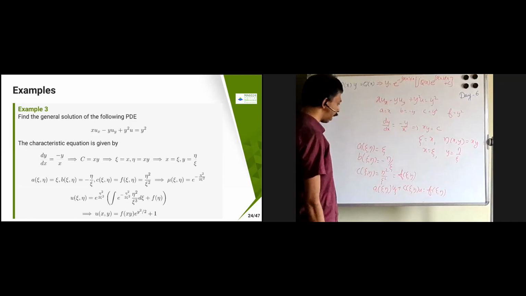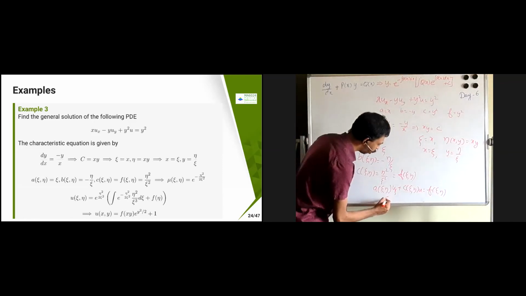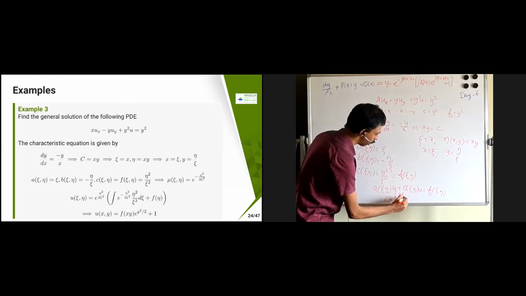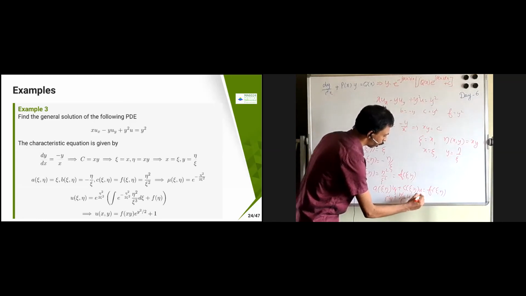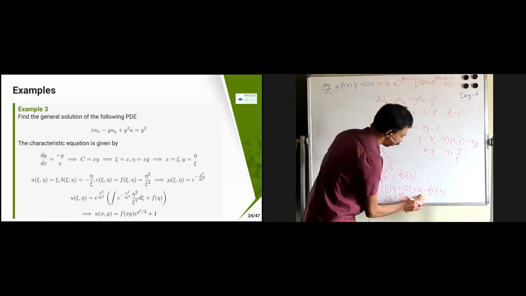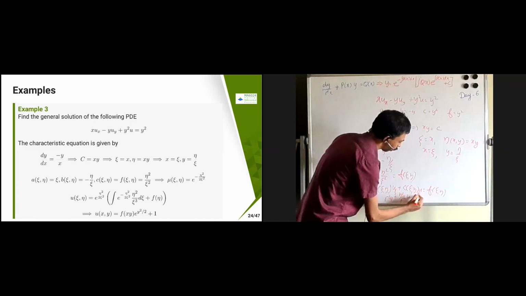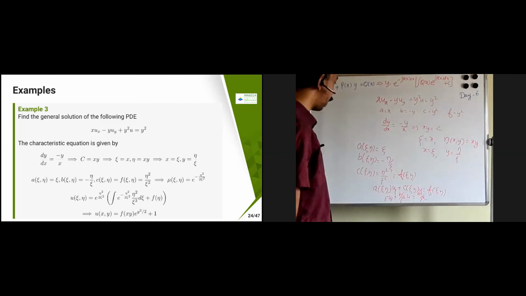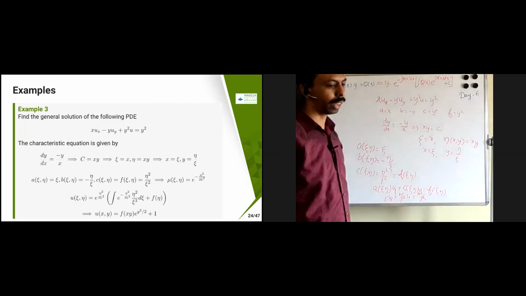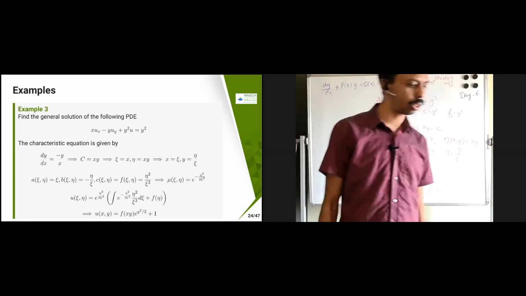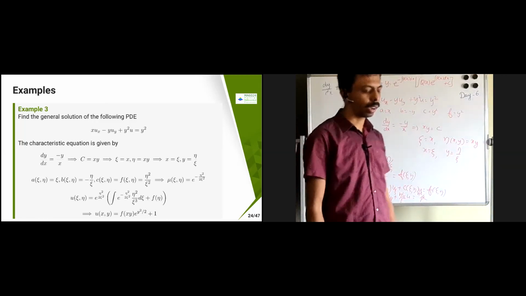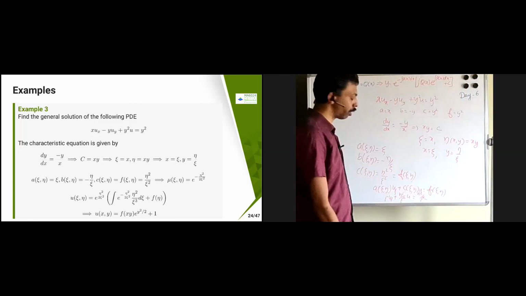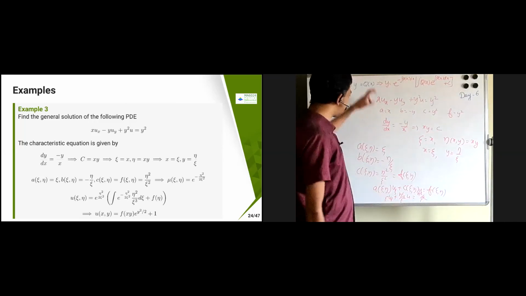So I can substitute this value. This will become chi into u chi plus eta square by chi square into u equal to eta square by chi square. So once again, you can solve the same problem, the same setup. What you will get is u equal to eta square by 2 chi square, etc. I just leave it as an exercise. You can just verify that it's not a hard job, just 2 minutes. You can just substitute over here, then you can find it.